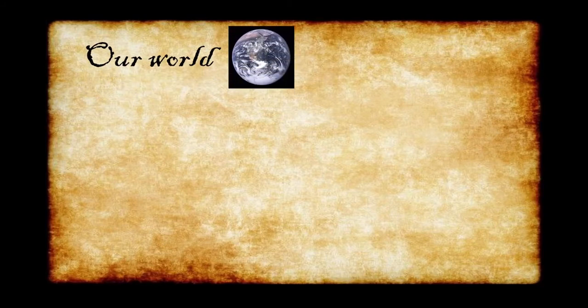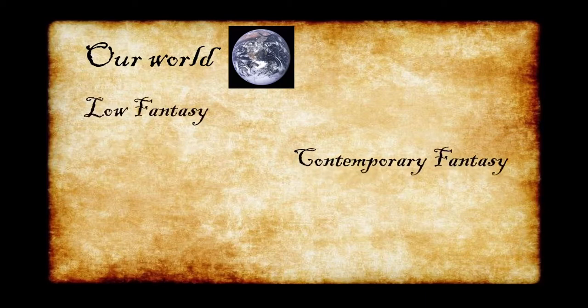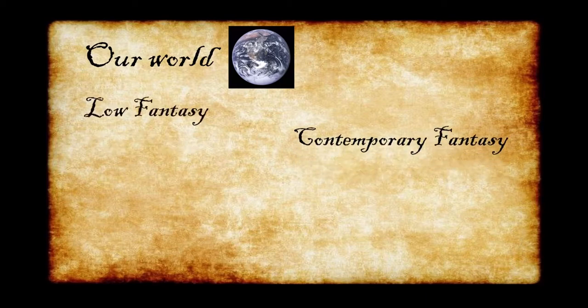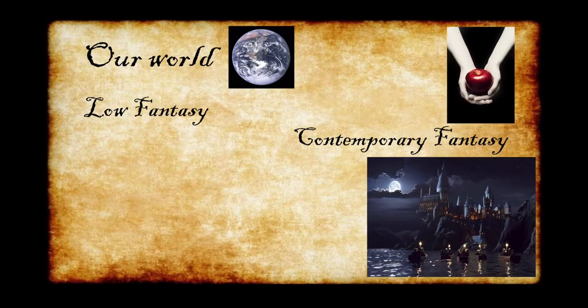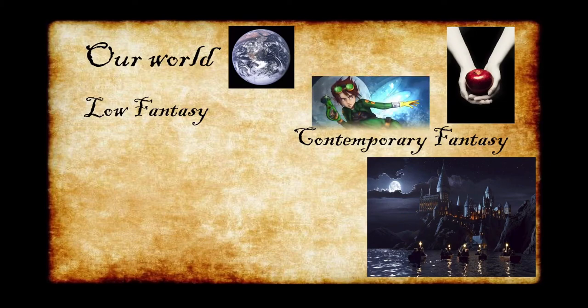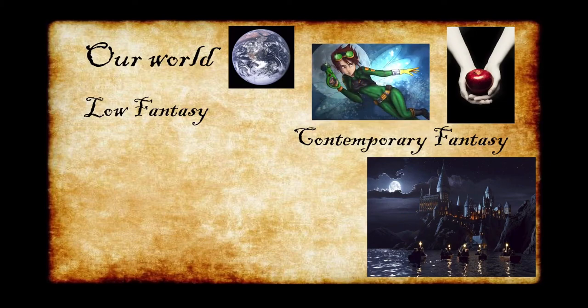Another setting which could be utilised is our own world, largely the same, and could sometimes be passed off as happening without our knowledge, almost like a secret in our everyday world. This is called low fantasy, and in the case where it takes place in the modern day, it is called contemporary fantasy. Examples of contemporary fantasy are J.K. Rowling's Harry Potter series, Stephenie Meyer's Twilight series, and Eoin Colfer's Artemis Fowl series,